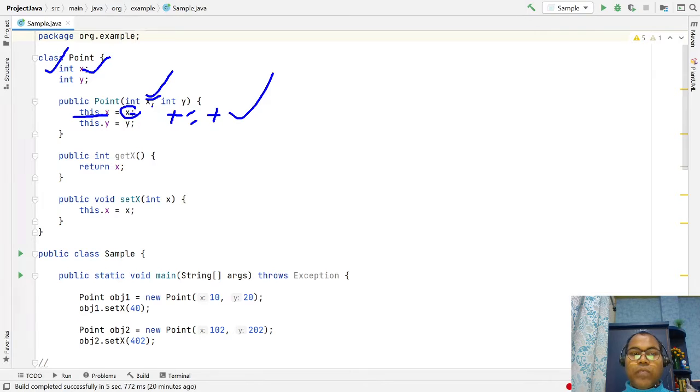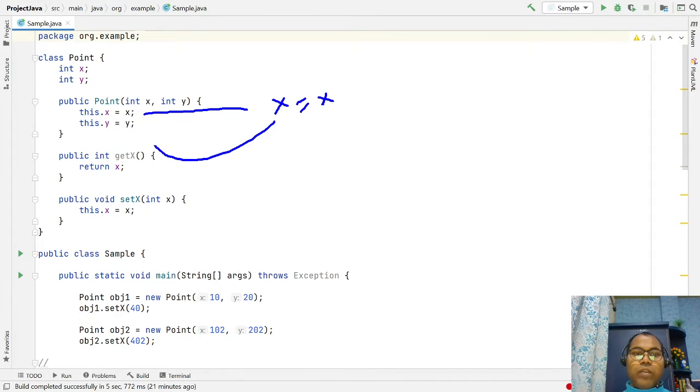And this is the local reference. If you look here, the local value is assigned to itself, and the instance variable is not reflected. This is called shadowing. So if your constructor variable name is the same as your instance variable name, please use the this keyword to clarify that you are assigning the incoming value of the constructor to your instance variable. If you write x = x, then this x only refers to your local variable.